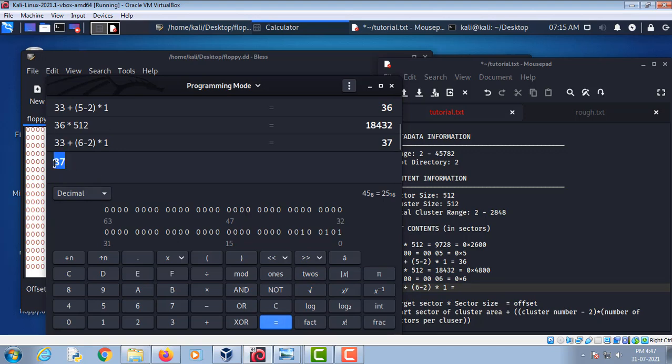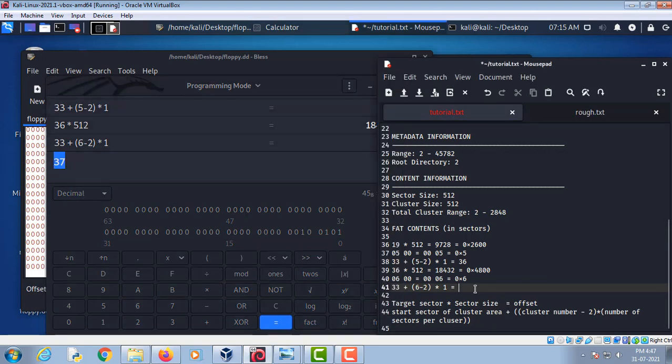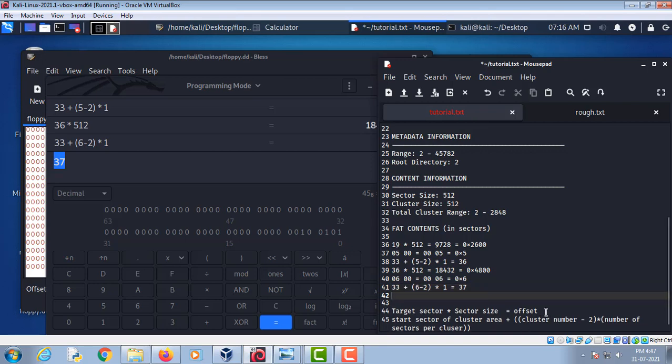Now we will apply this formula on this value to find out the offset of file1.jpg. We got this value.